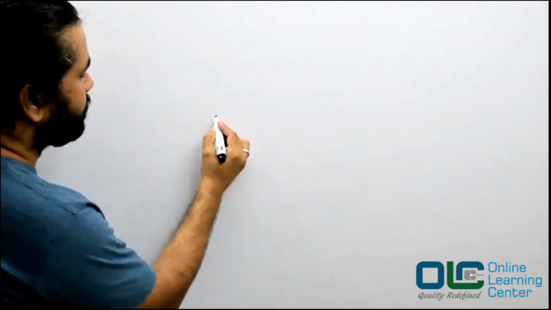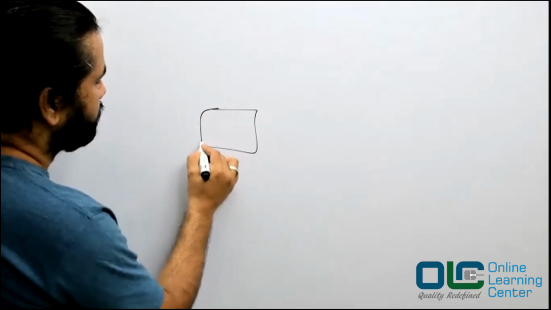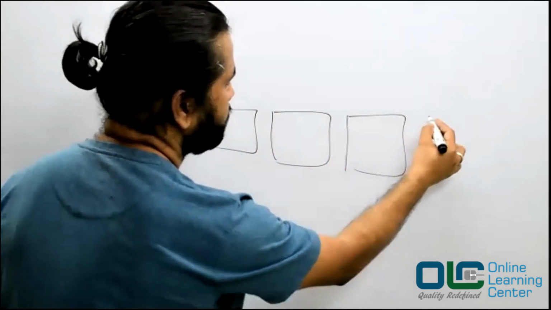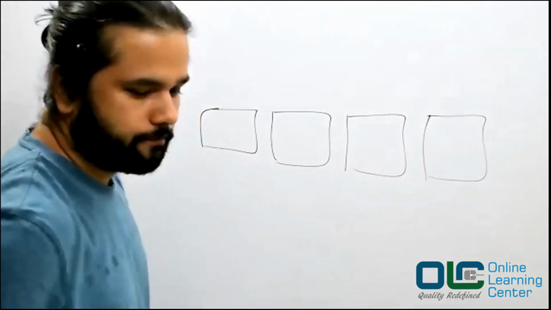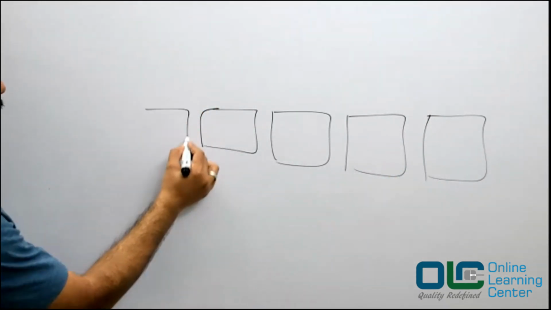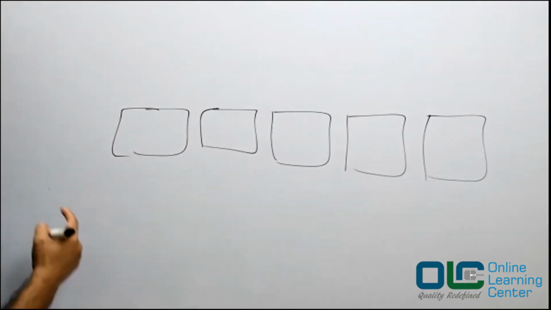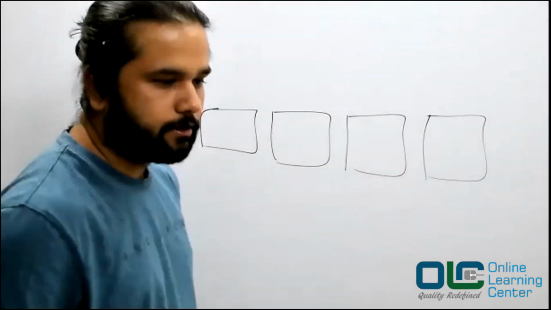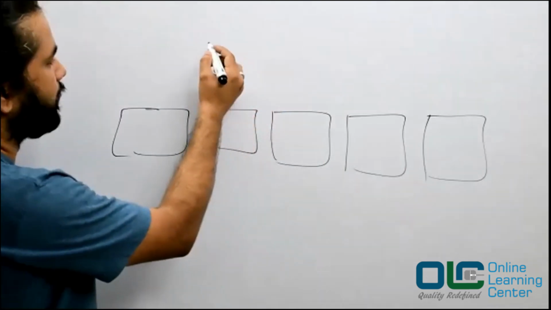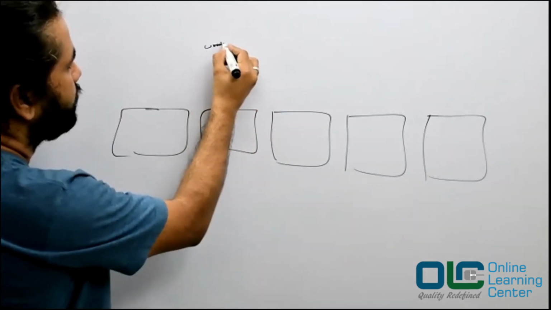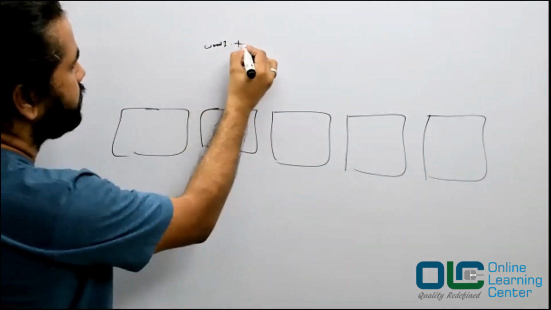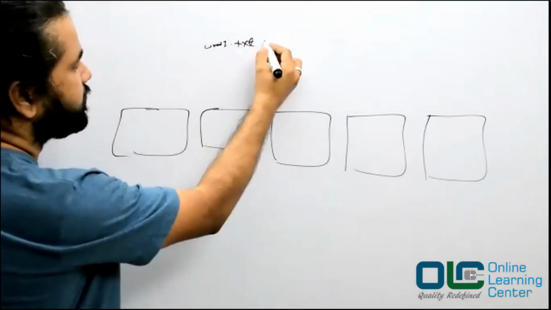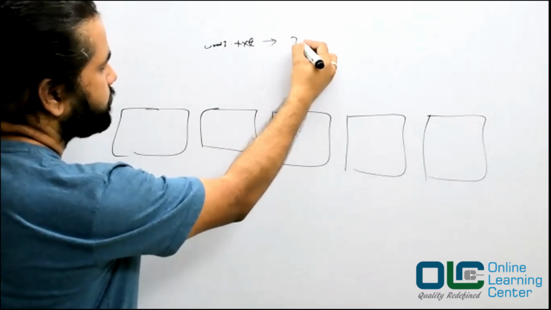Now let's assume you have a 5 node cluster. 1, 2, 3, 4, okay, and let me add one more, 5. So you have a 5 node cluster here, and you want to set a replication of a file. So say you have a file called word1.txt. Let me write it big. Okay, word1.txt, and let's say this file size is say 200 MB,